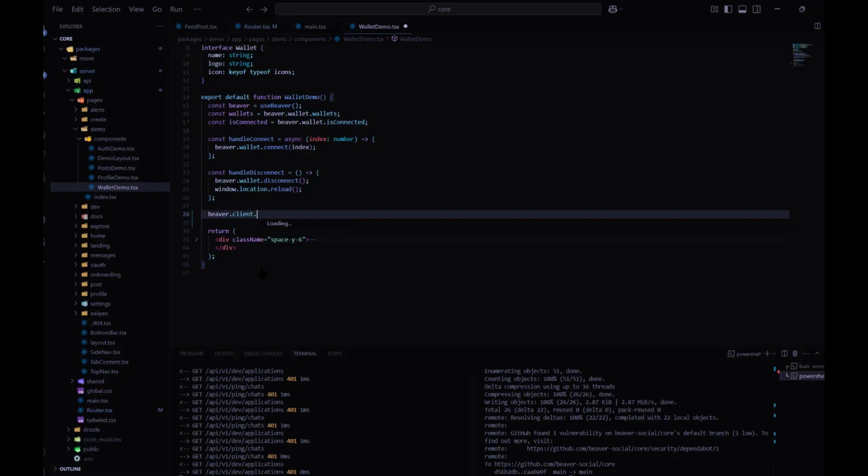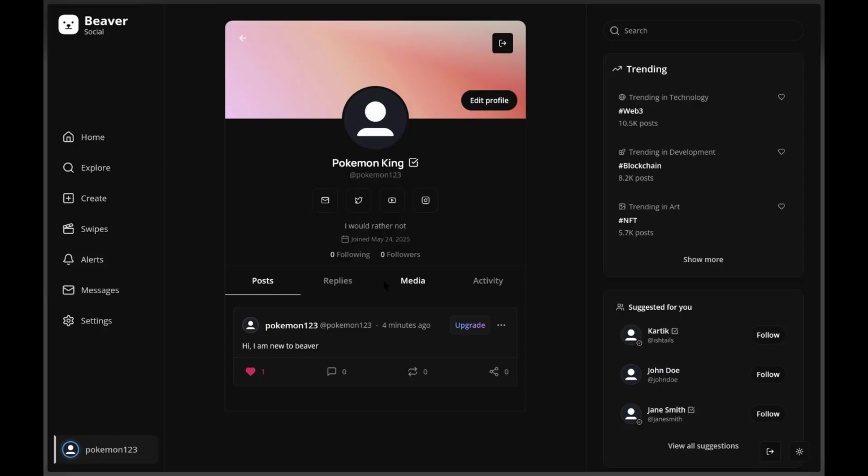If you need more direct access, the core Beaver client, the TypeScript SDK, is also available for you. That's where you can set up specific event listeners, say user login or connection change, or even make direct calls to our deployed Move contract interfaces. But as we said, everything is modular, and we know that developers would need to extend on these basic primitives.